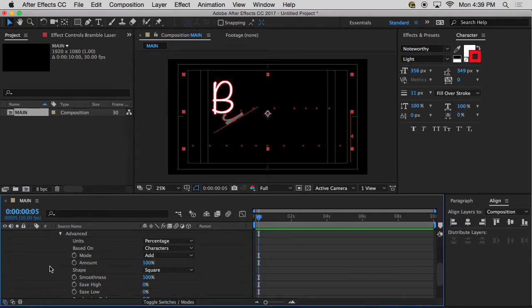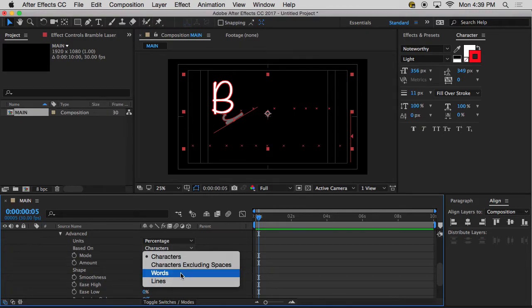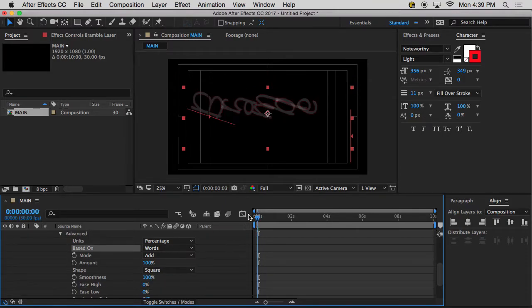And it's a lot-ish. So it's animating based off of a percentage that it's defining. So it's like 0 to 100. And it's animating it based off of the characters. But I could say, don't include spaces, or I want to do this range based off of a word instead of each individual letter. So if I did that, I change it to words. So now, because I have 3 words,